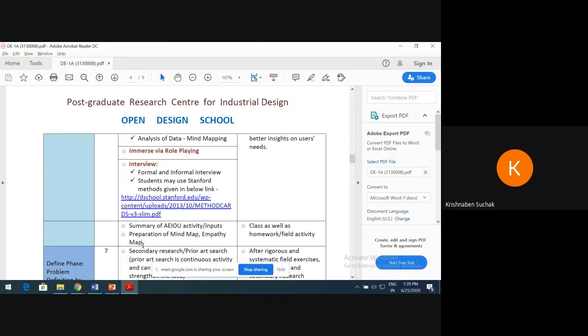You need to upload those canvases before the due date. The due date would be given there. Still, I will send you the schedule. Then I will check your canvas and approve it. Once you have uploaded it, if there is some mistake, I will reject it and you will upload again. So once you prepare your canvas, just show me once, asking, ma'am, is it okay? If I say yes, it is okay, then you upload it so that I can approve your canvas.